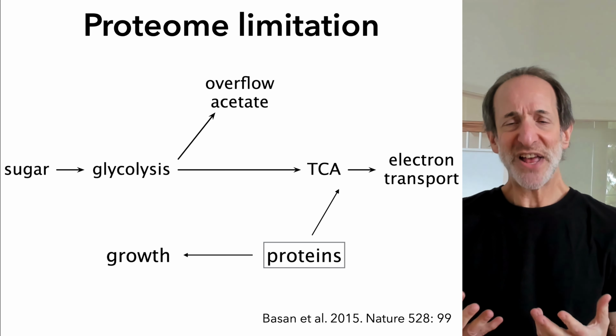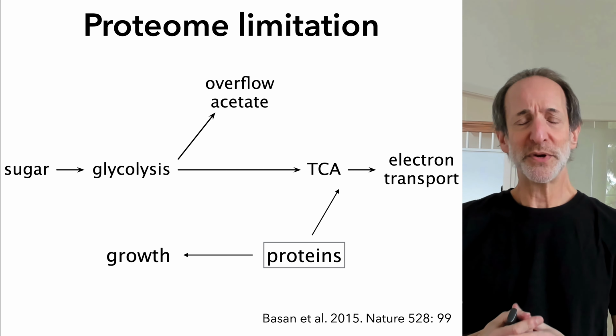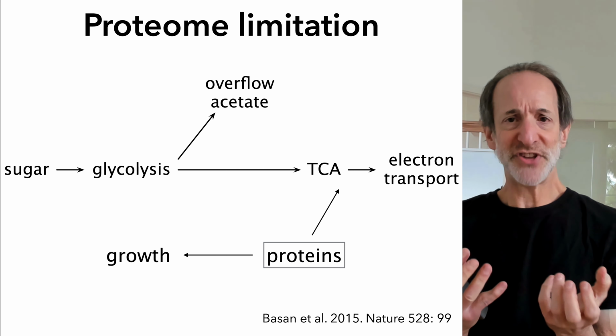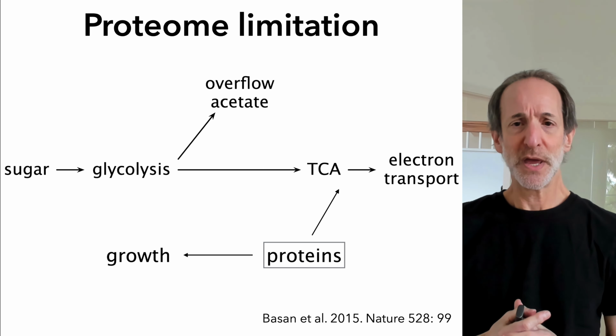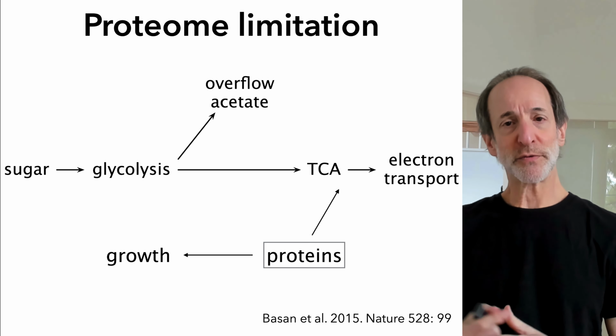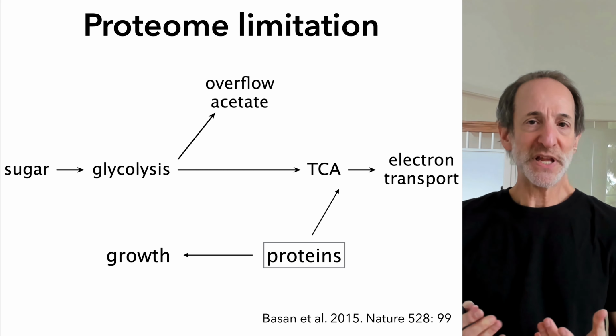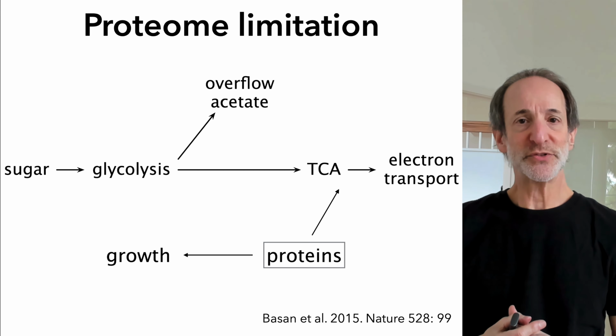And so they essentially claimed that they've solved the general puzzle of overflow metabolism. It really comes down to an essential biophysical limit, and that this would be true for bacteria, for yeast, where overflow metabolism is known as the Crabtree effect, and for human cancer cells, where overflow metabolism is known as the